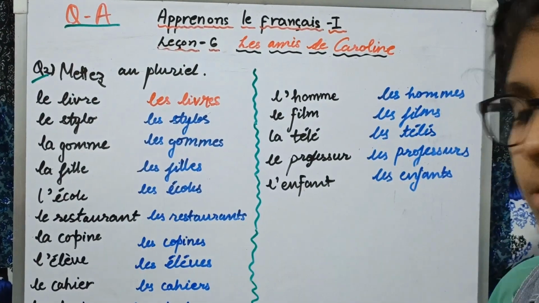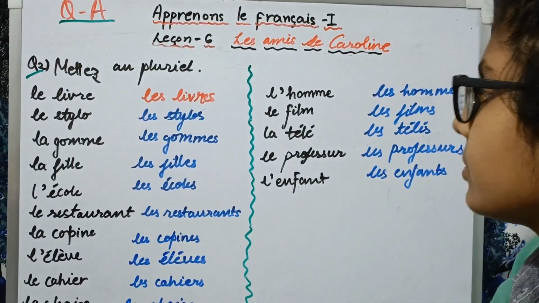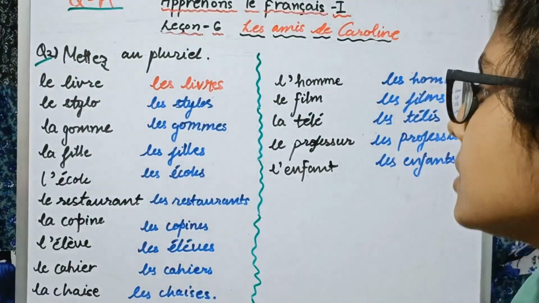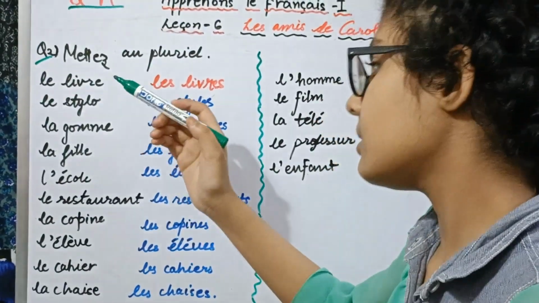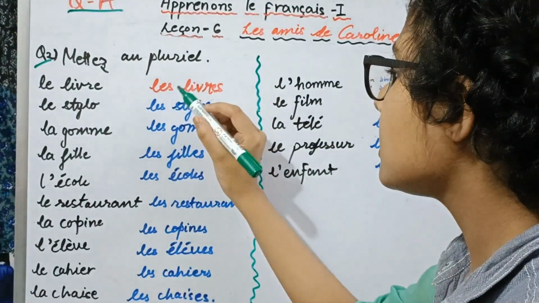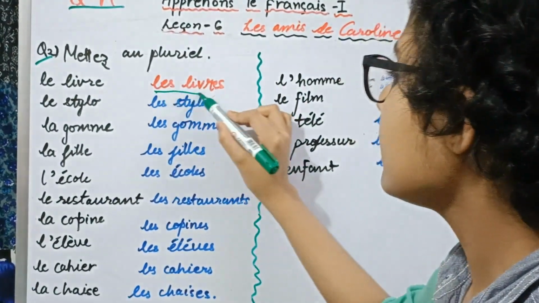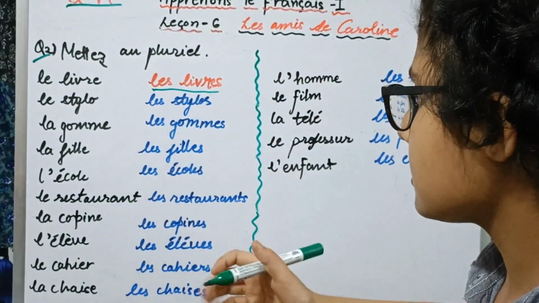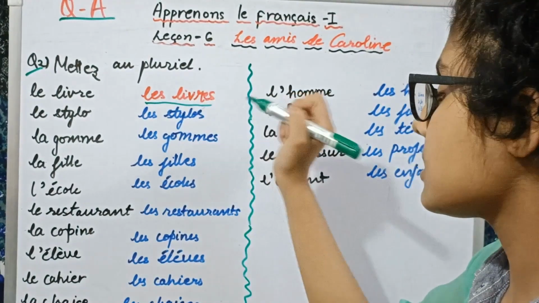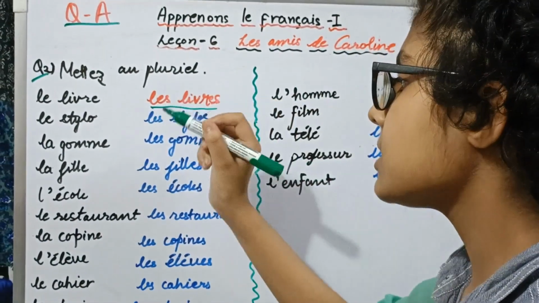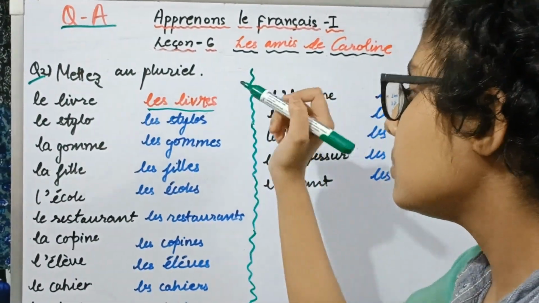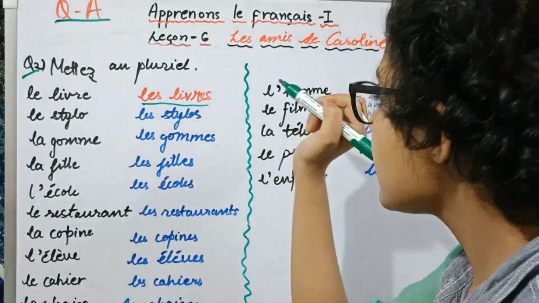So now here we are at question number 2 and let us quickly read it out. It says mettez au pluriel. It means write in the plural form. Here are words given to us that are written in black in the book, and then we have an example. I have written it in red to distinguish, and then we have all these other things that are written in blue. These are the answers that we need to write by ourselves. The first one is the example, that is in red. The example says le livre, the book. That will be transformed into plural by adding les and then s.